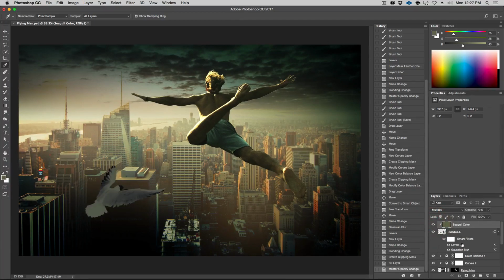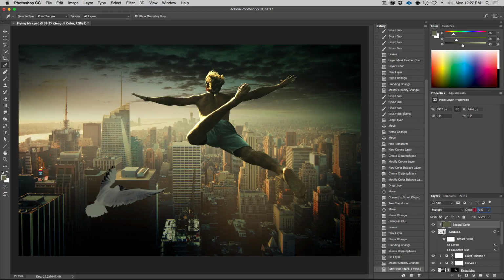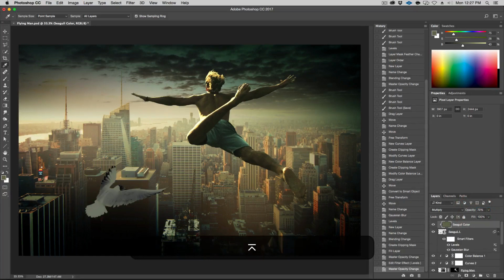I might have to go back to my levels here and loosen that a little bit. Might have gone a little too strong because I want some of that color, but I darkened it a little too much. So let's bring this back to 1 and this a little lower like this so that I can bring my opacity of this a little stronger. 80 is too much. Let's do 70. 70 is good. I'm happy with that. And so we're kind of blending. So I took a color from here, I put it in multiply, which means that it's just adding that color to this. All right, so that was pretty good. I'm pretty happy with that.